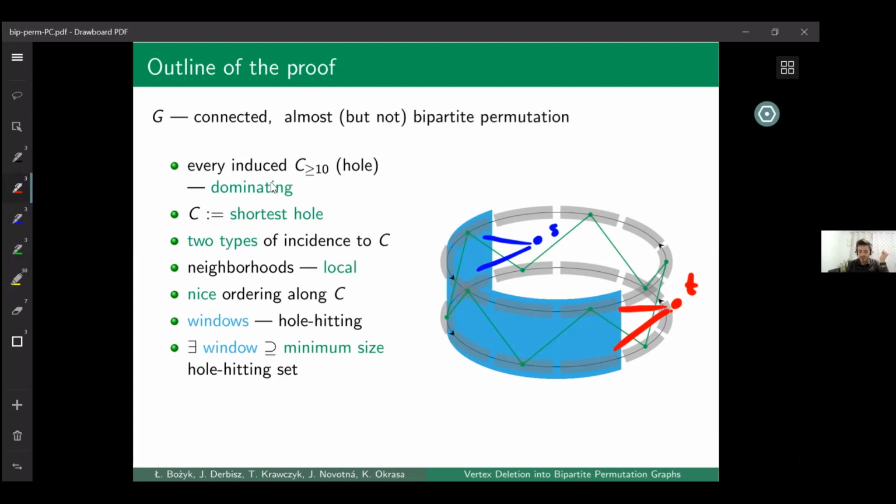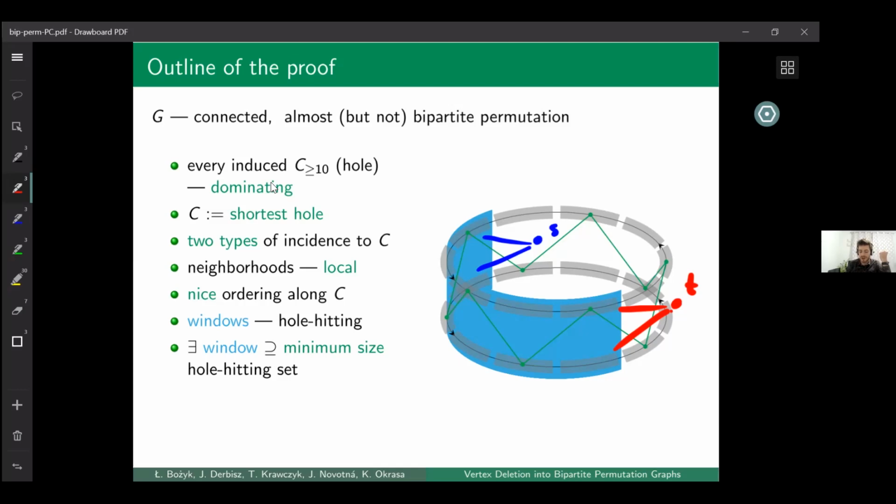flow network. Then we can use a flow algorithm actually to find the minimum vertex separator within this blue window, which is a separator from the left side of our cylinder and the right side. So it's hole hitting. So let me say it one more time. When we found minimum